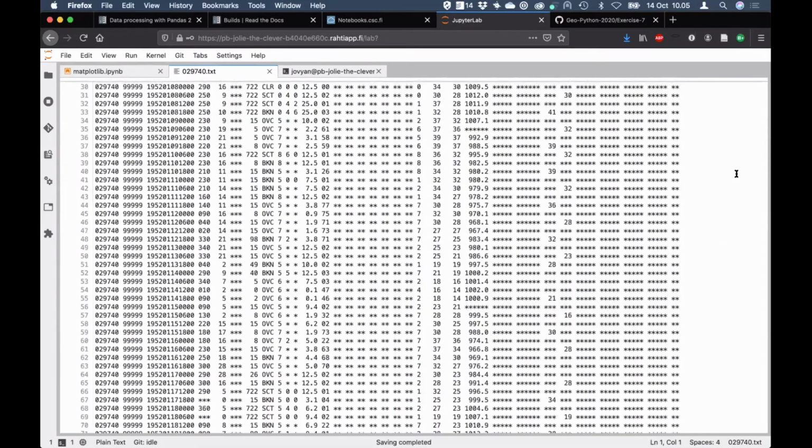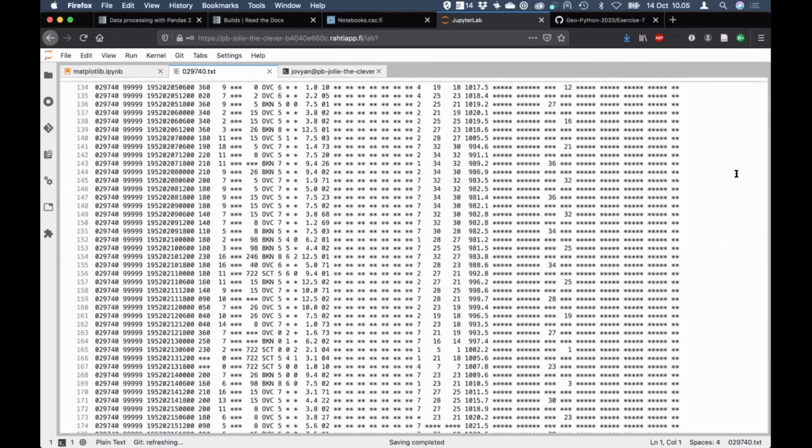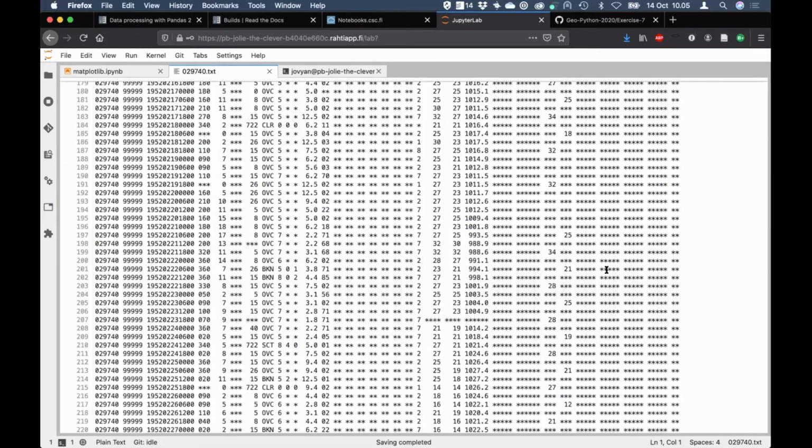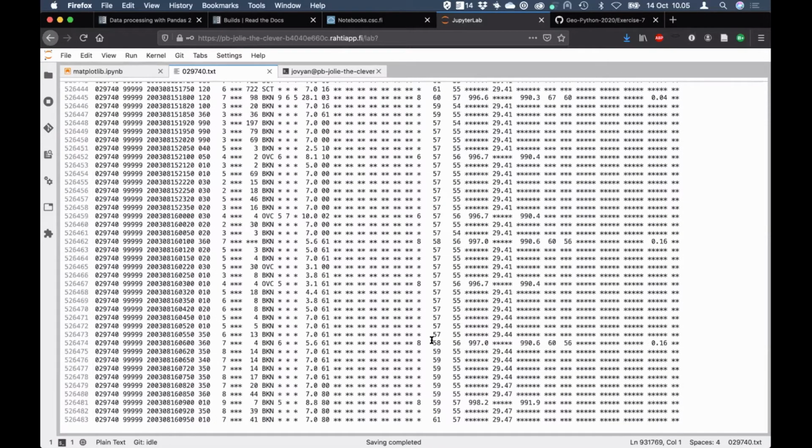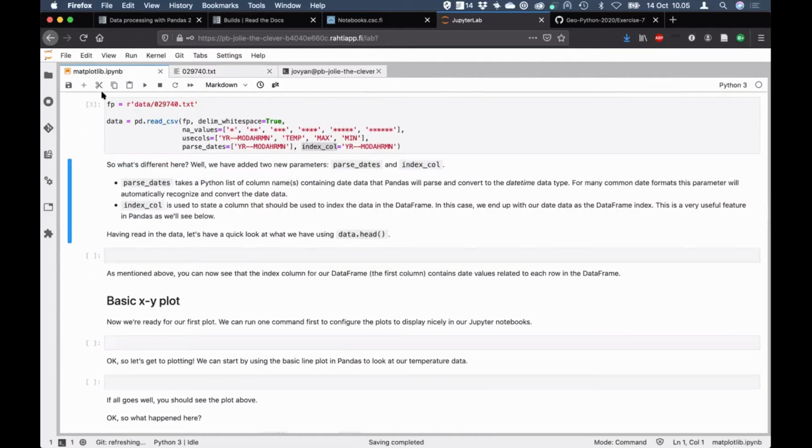So just scrolling down is going to take a while. So let's see if I can just jump to the bottom. Okay, yeah, there's 526,000 temperature observations here. So it's a big data file. But it does look like it's finished being read in